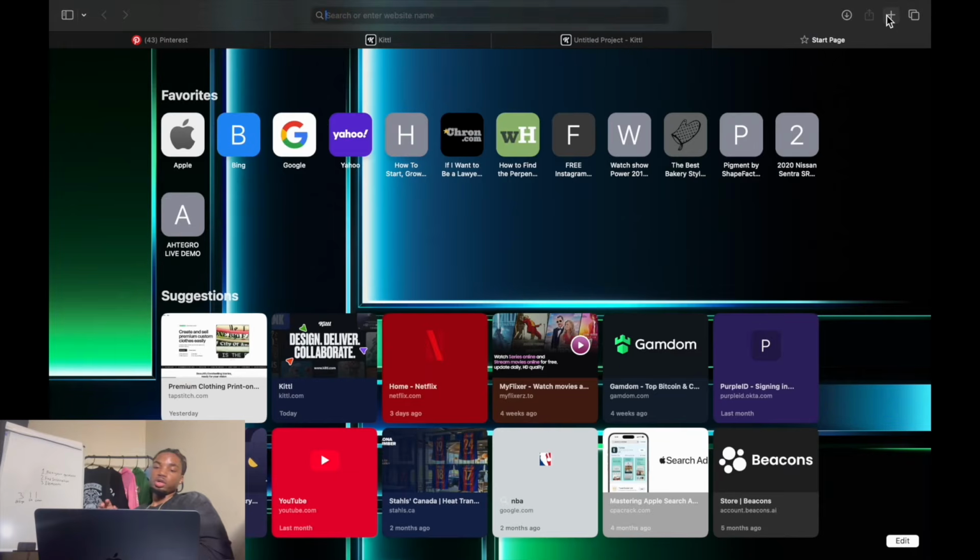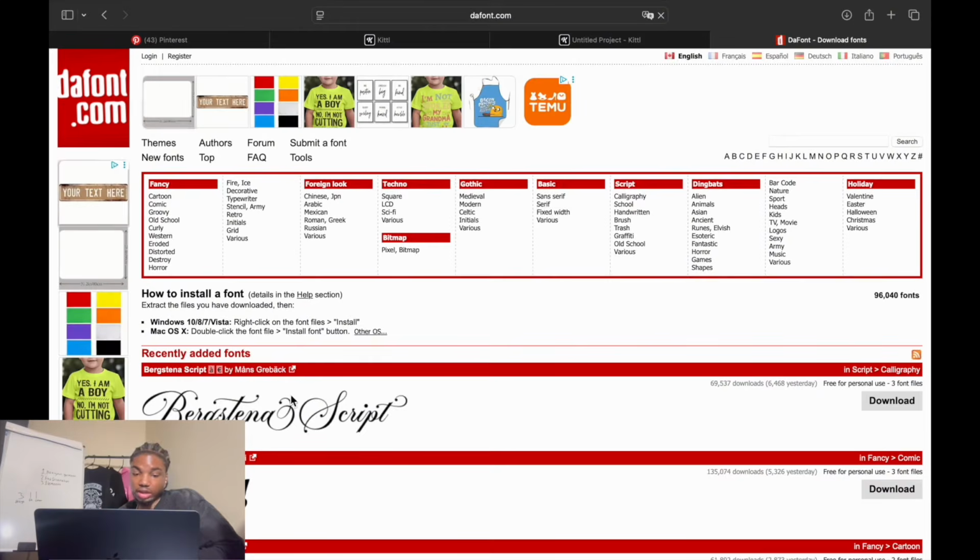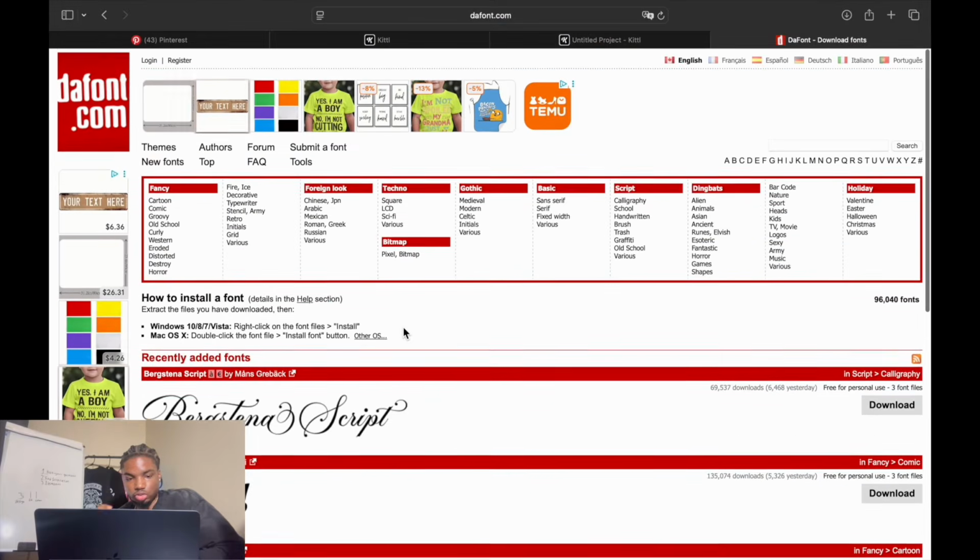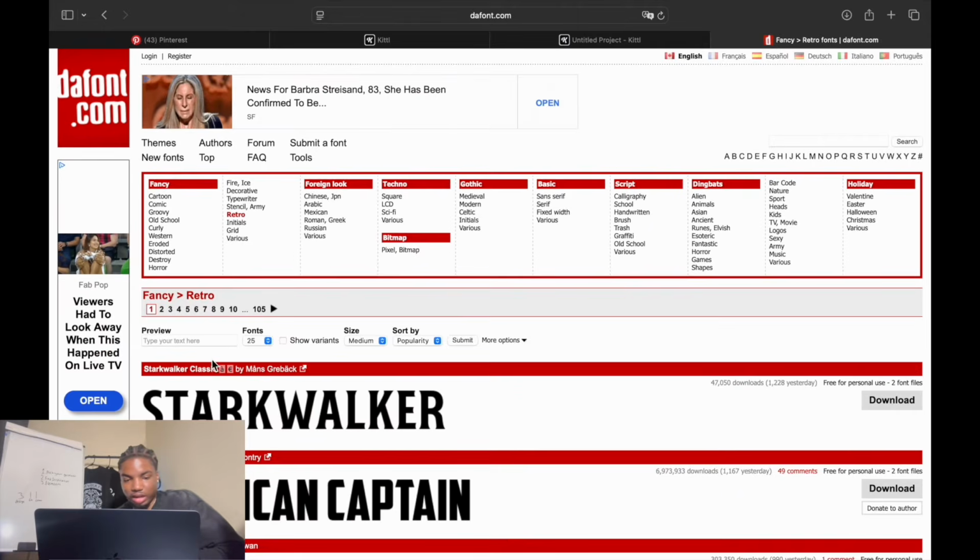But before you move on, you wanna head over to a website called dafont.com, and here is exactly where I go to find a lot of my fonts. You'll have a whole bunch of different genres here, so you're just gonna scroll until you find something that you like. And another thing you can do is go over here to where it says preview, type in your brand name,